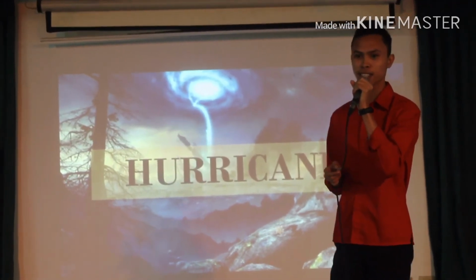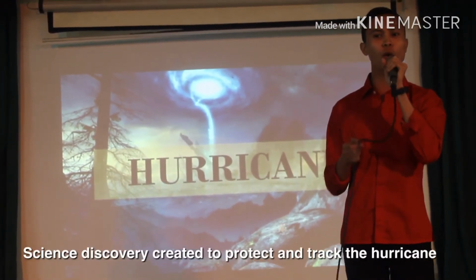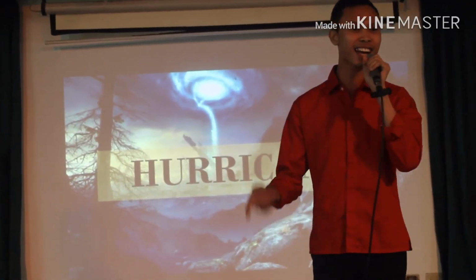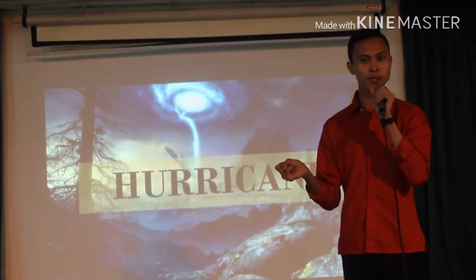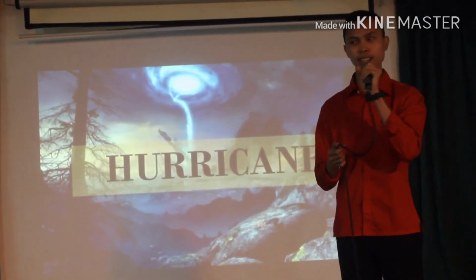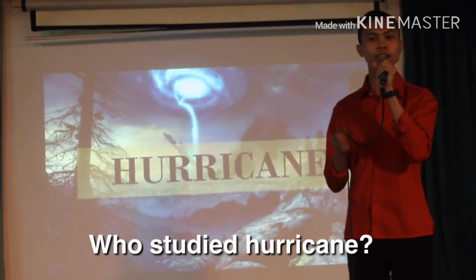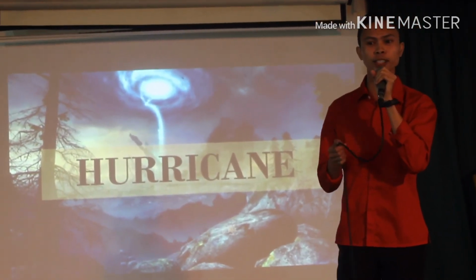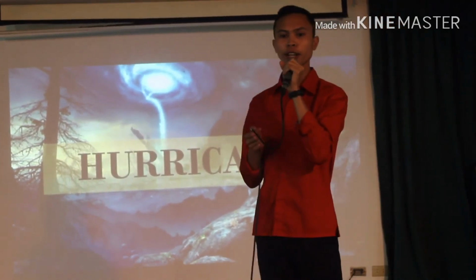By this occurrence, science has studied this kind of phenomenon. New discoveries were made in order to predict and track hurricanes. So, we now have the satellite. We also have reconnaissance aircraft, ships, radars, and others that track and predict hurricanes. So, who is the one who first studied hurricanes? It is Christopher Columbus, who sheltered his fleet from a tropical cyclone or hurricane. He is the first European to study hurricanes.